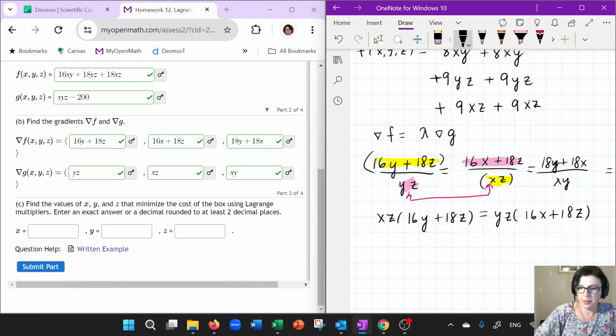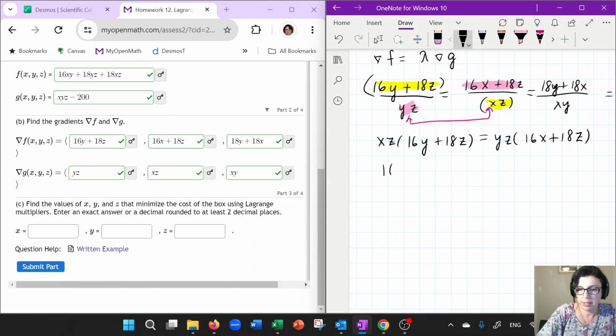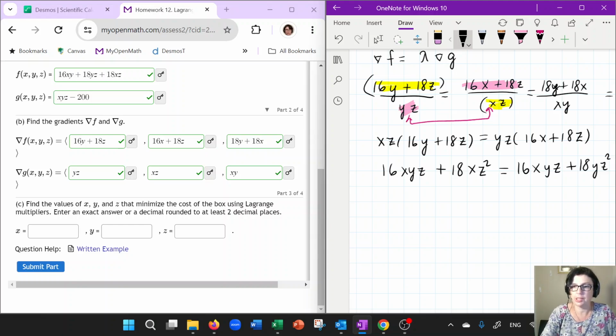Okay, so opening this up, distributing, we'll get 16xyz plus 18xz squared. On the other side, you're also going to get 16xyz plus 18yz squared. Okay, so subtracting 16xyz, we can see that that just cancels on both sides. And then we wind up with 18xz squared equal to